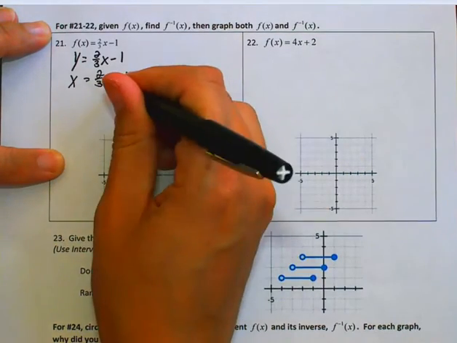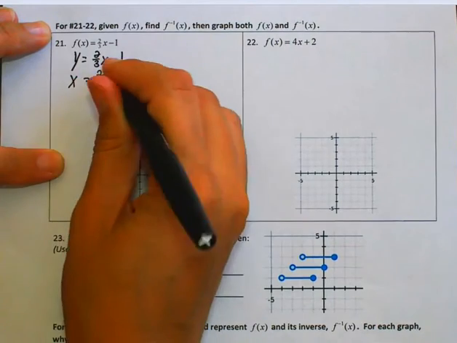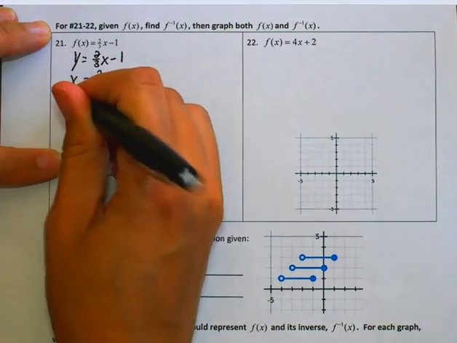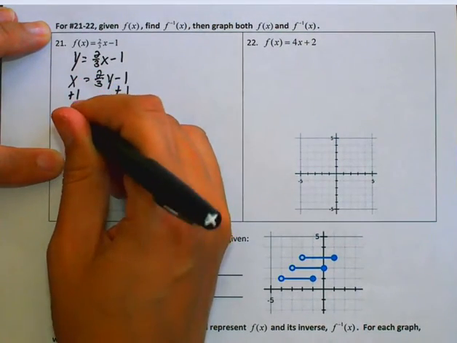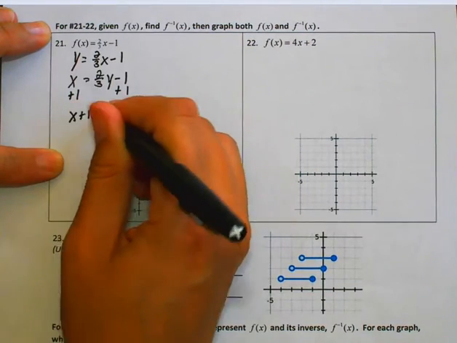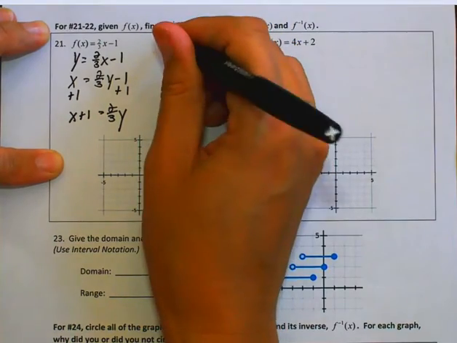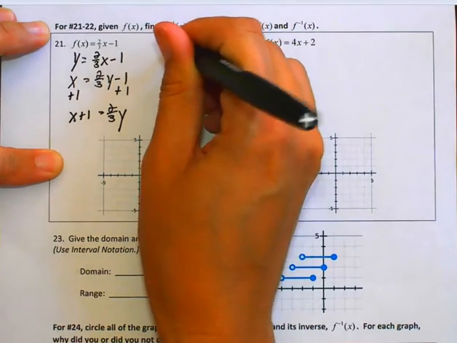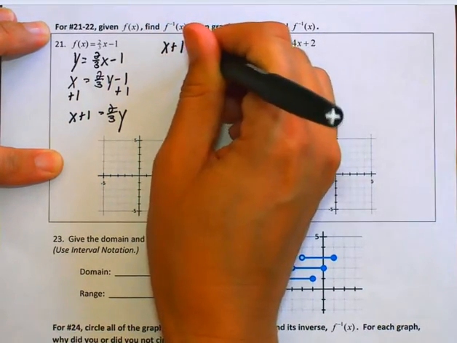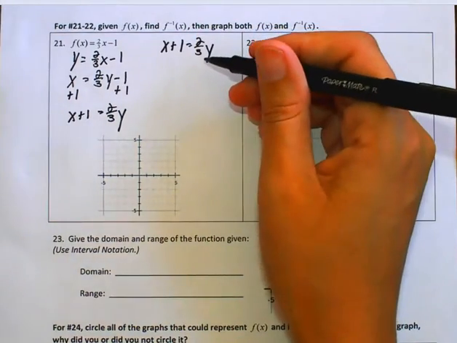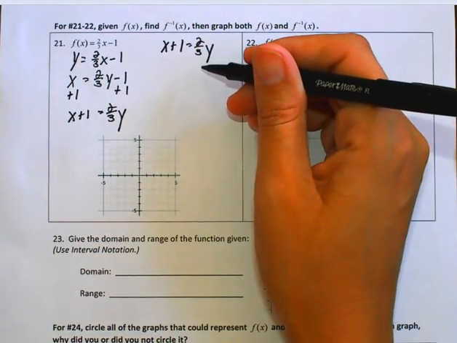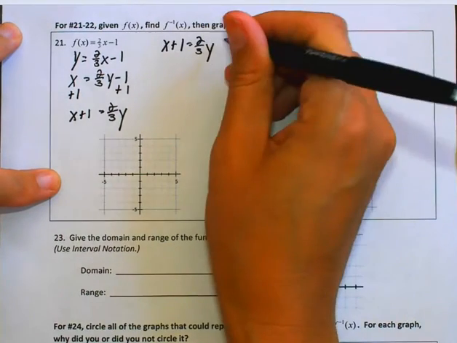I'm going to add 1 to both sides because now we're going to solve for y. That gives me x plus 1 equals 2/3 y. I'll write that up here so we've got some room. Now to get rid of this fraction, we're going to multiply times the reciprocal. So I'm going to multiply times